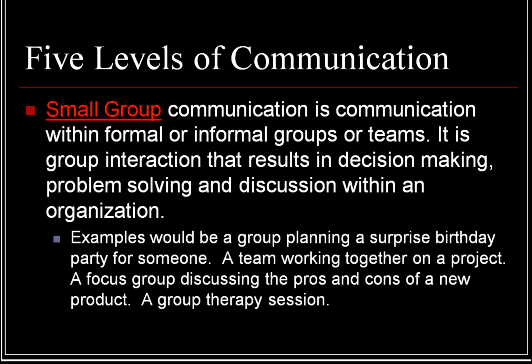Next, you have small group communication. And in this model, you have a small group of people, let's just say 8 people, and they're all communicating with each other. So you have a lot of interpersonal communication going on in this particular group. So person A may be talking to person B, then person C is talking to person E, person F and G are talking to each other. So the communication can be unilateral, it can be multilateral, it can be a blast, one person talking to everyone. You have a lot of different communication structures that take place within a small group.